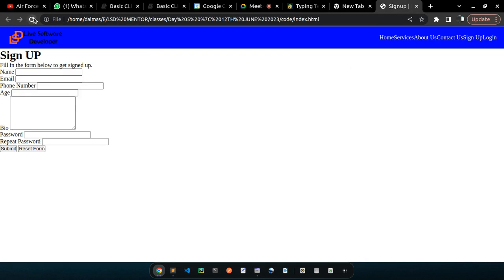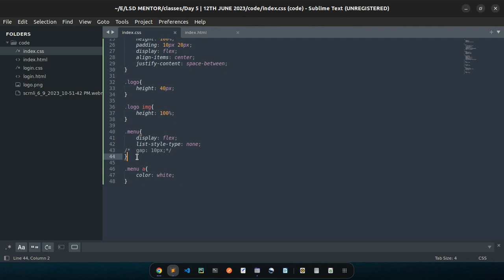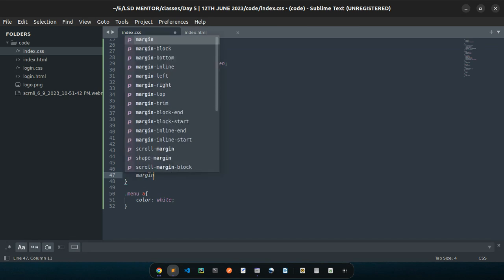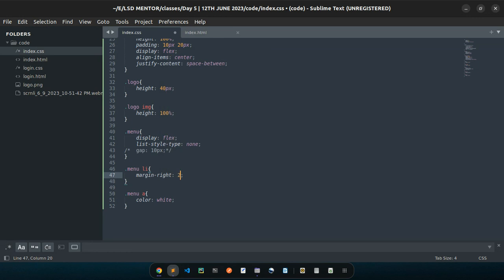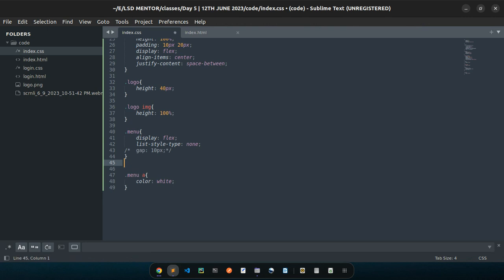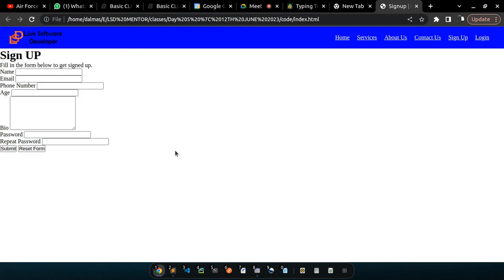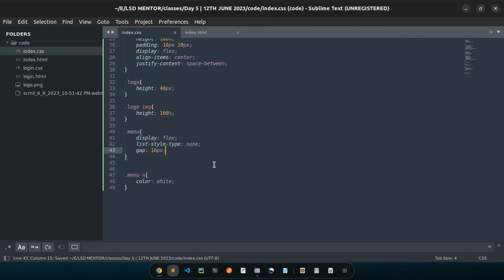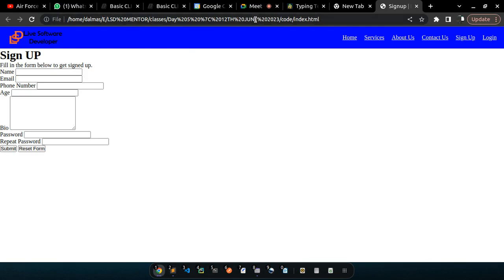here is if you go to the menu, that's dot menu, and select li and say margin right. I want the margin right of 20px. So this one will also separate them, just adding some margin to the right there, like that. I will go with the simpler one, which doesn't make me write many lines, that one. So just gap. After doing a gap, let me do a gap of 20px. Okay. The next thing is, yes,